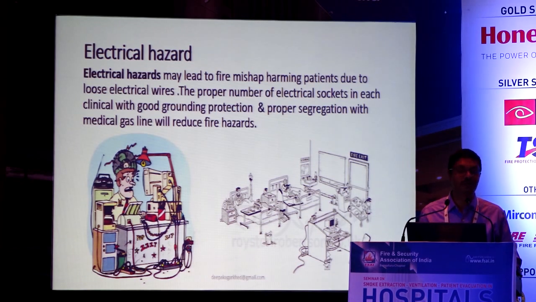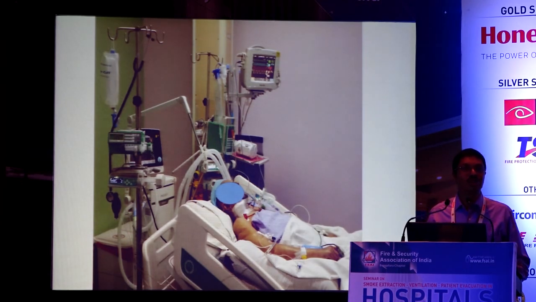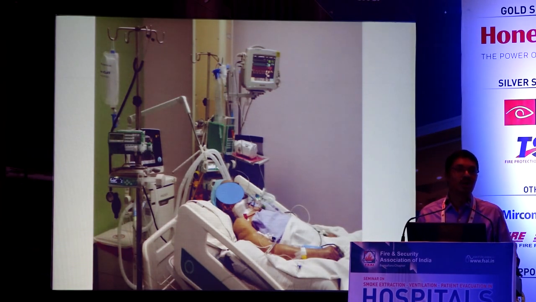This is a scenario of a patient in the ICU. A lot of medical equipment is connected. The patient is not in a conscious condition. The nurse comes, sees the patient and goes. But you can see so many equipments connected. On average, around 12 to 14 electrical sockets are used when the patient is on a ventilator, when the patient is critical. So it's absolutely necessary that safe conditions are maintained.